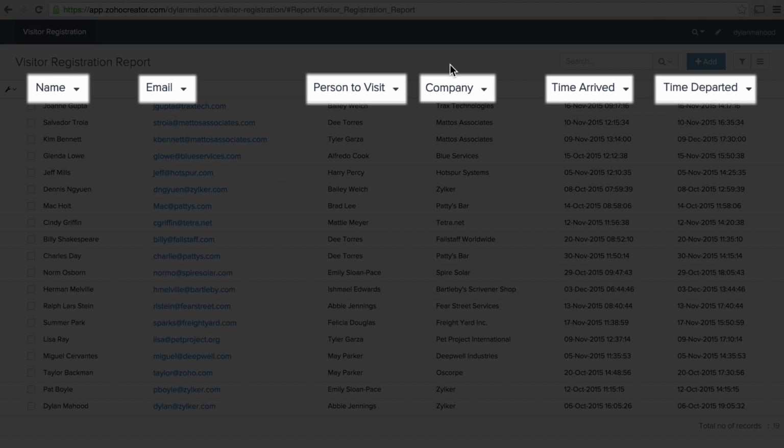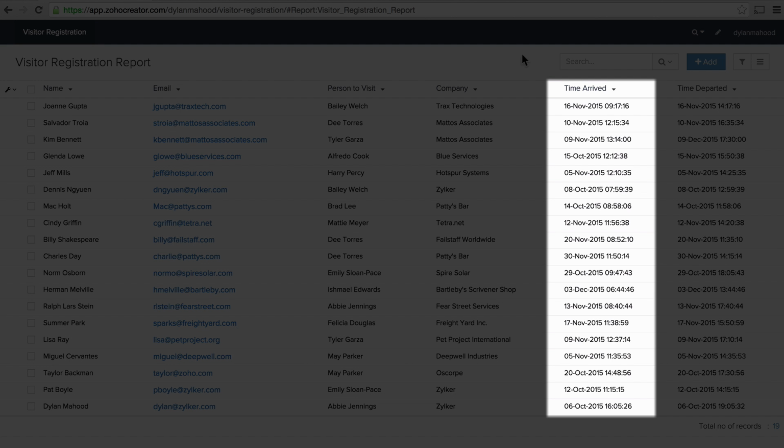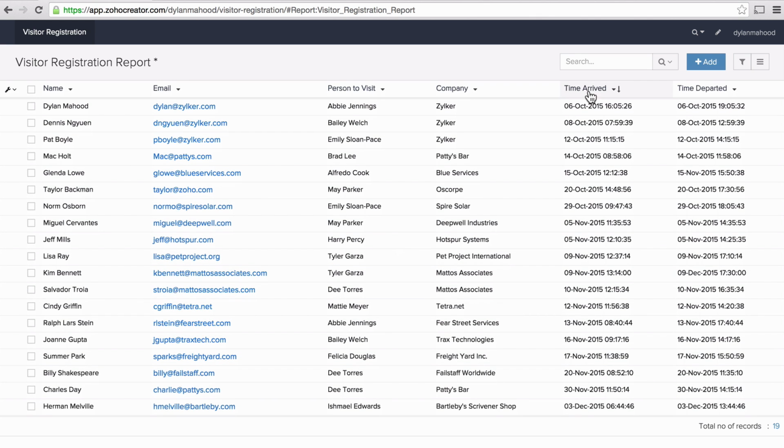All of the fields from the sign-in form are columns in the report. Creator is a scalable system. Whether you have 10 database records or 1,000,000 database records, reports can display them all. When you click on a column, Creator will sort all of the records accordingly. For example, clicking on the Time Arrived column will sort all of the records by the date and time that